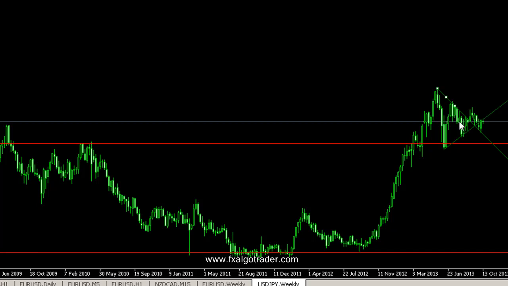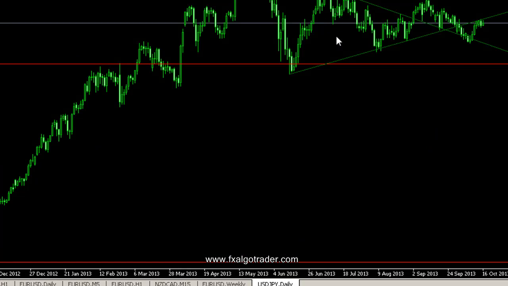Indicators are all lagging. They will tell you things that price has already told you. So trading based on support and resistance techniques, previous price action, pivots, trend lines, this is the way to trade the foreign exchange market, and this is kind of what the institutions do. So if we move back to our